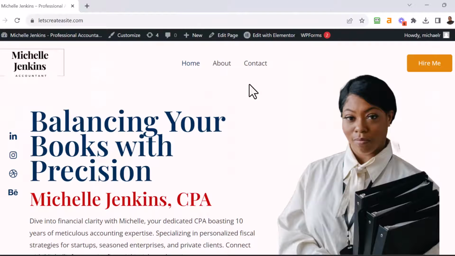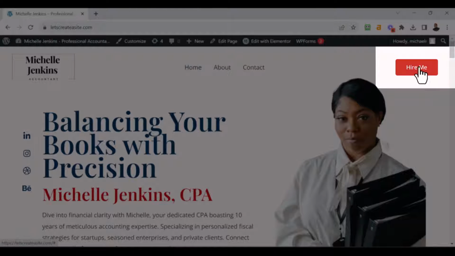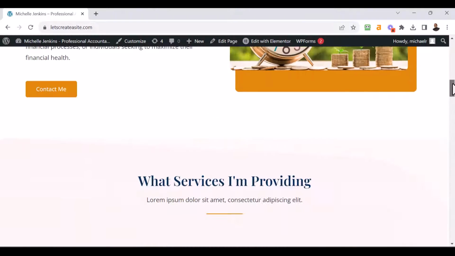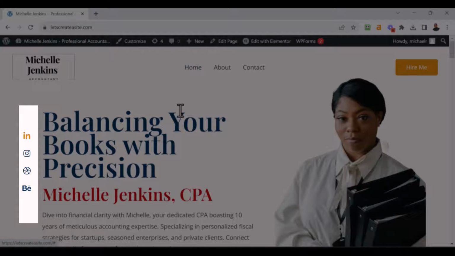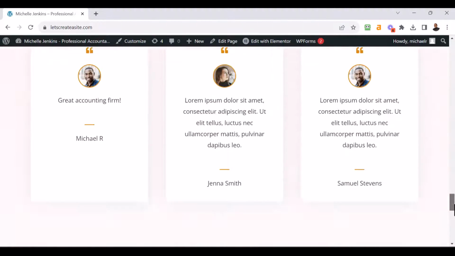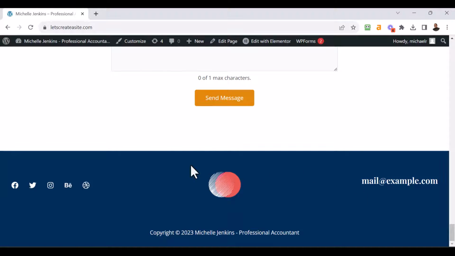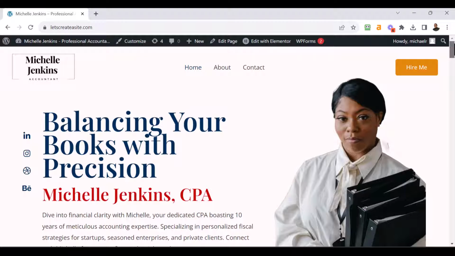Next, we're going to make some final adjustments to the website. So we're first going to change out the button link up top. There's also some links further down on the page which we'll want to change out as well. And we'll also take a look at how we can change the social media icons which are on the left of the website. Finally, we'll also take a look at how we can change the footer of the website. So we'll change out this logo and we'll see if we can change the background color of the footer as well. So first we'll scroll back to the top,